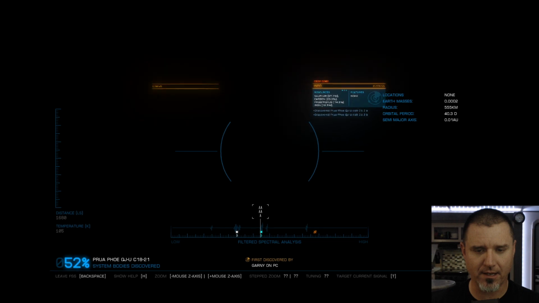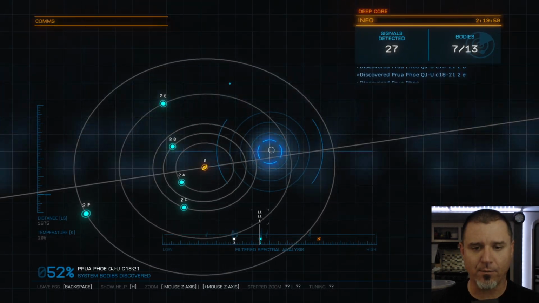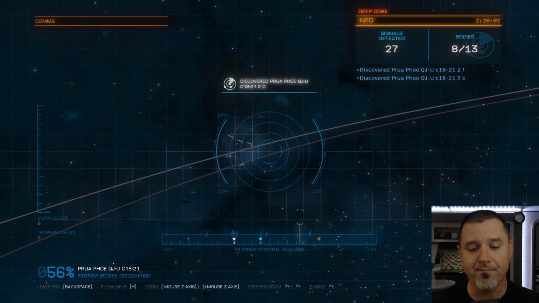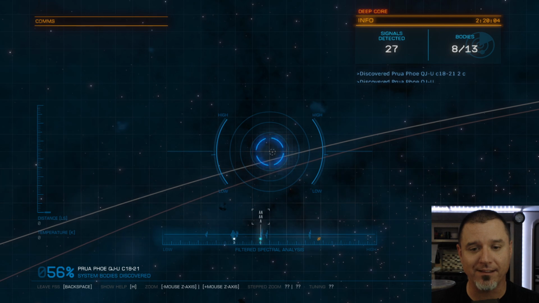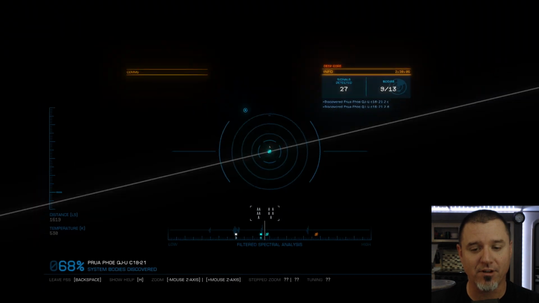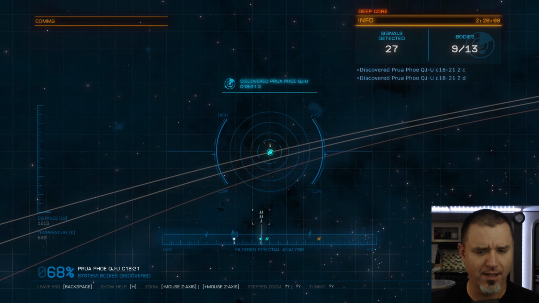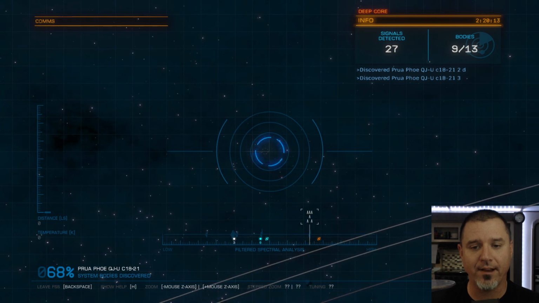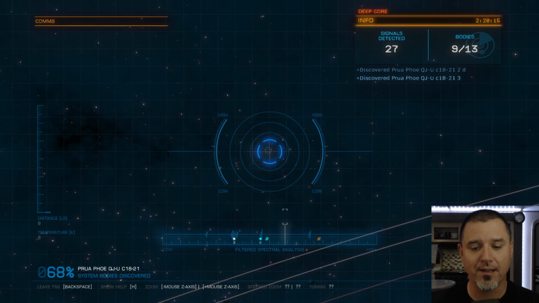Now I'm aware that we're on a maiden voyage to Colonia, and there are plenty of stations along the way. I am choosing to make this a little bit harder on myself. Oh, we've got a couple of ring planets here. I'm choosing to make it a little bit harder on myself on our way out there, simply because